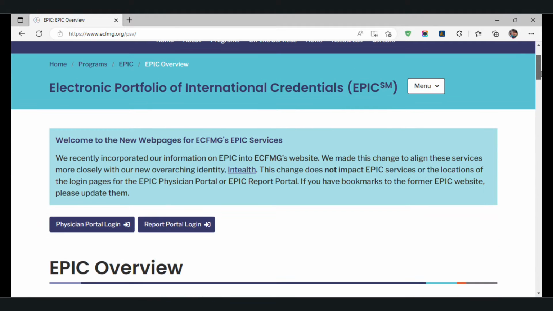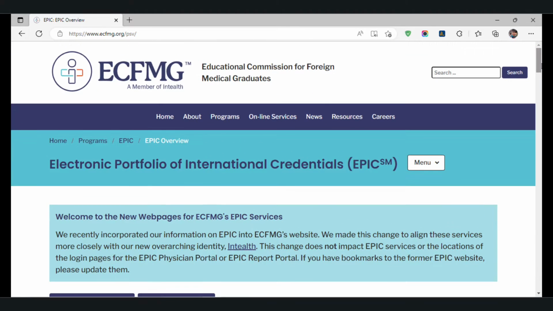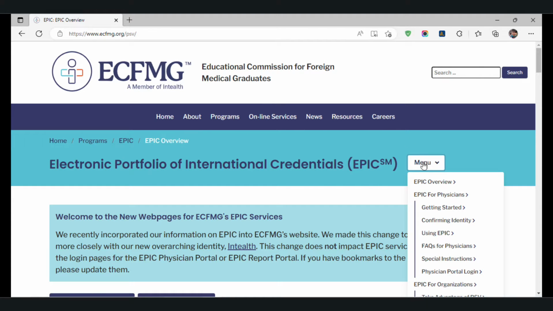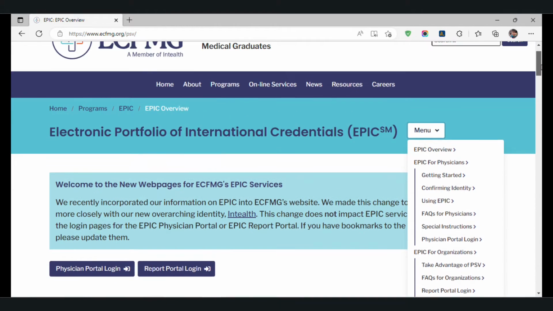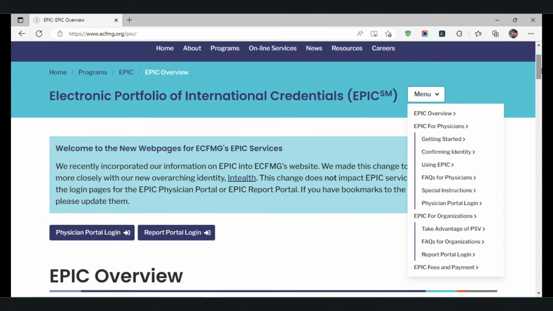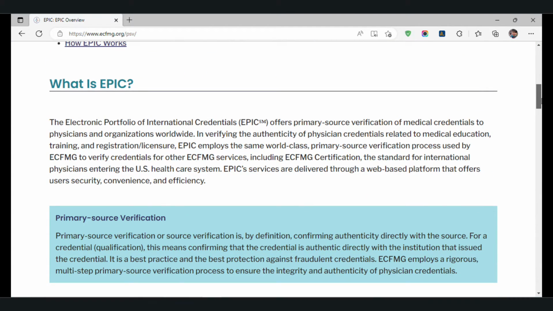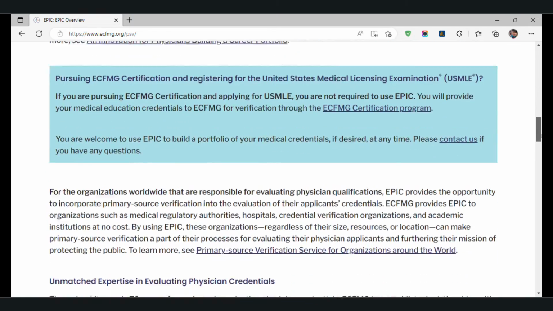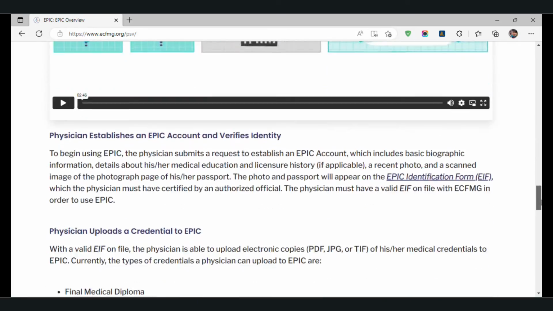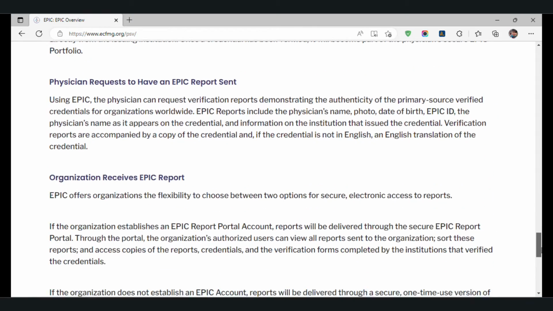This is the Electronic Portfolio of International Credentials. Basically, this verifies your medical education authenticity. To begin to establish an account, there are a couple of ways you can go. You can go from the menu, where you can see EPIC for Physicians and Getting Started. That's one way to go. If you would like some more information, just scroll through. You can click any of the menus, whichever information you like, and you can get the information from this website. If you just scroll through, it gives you an overview of